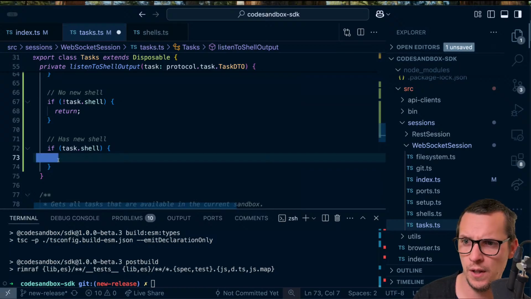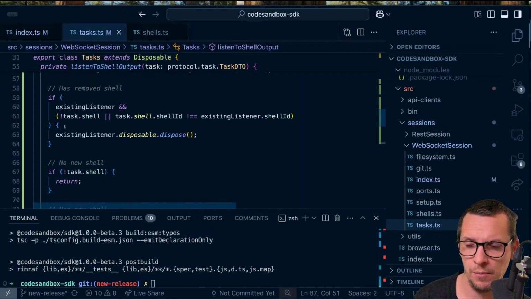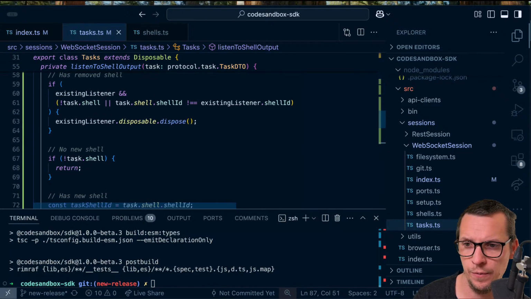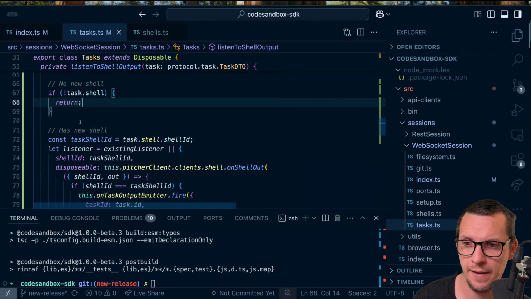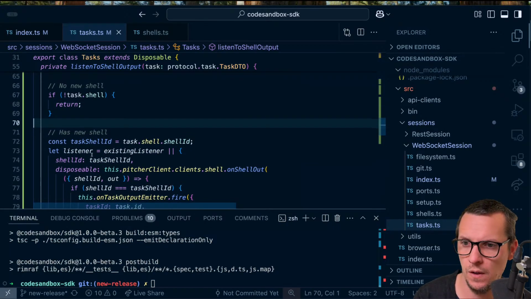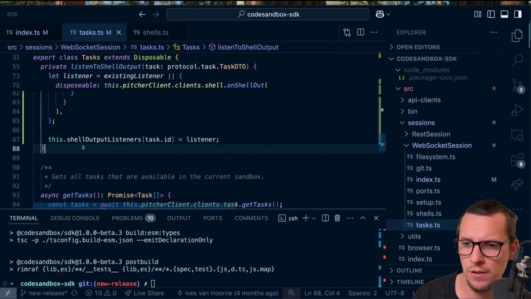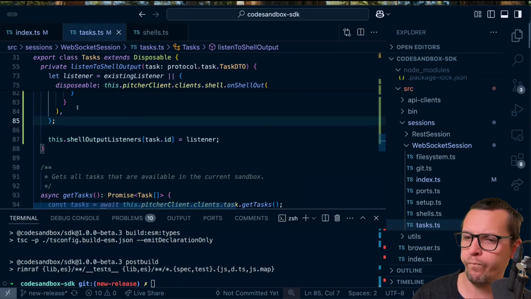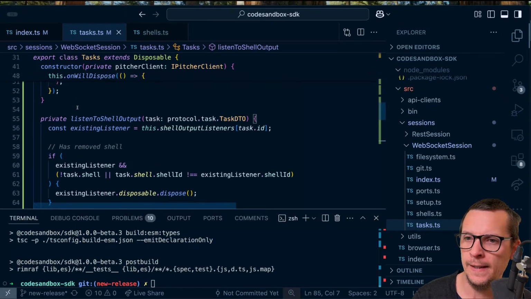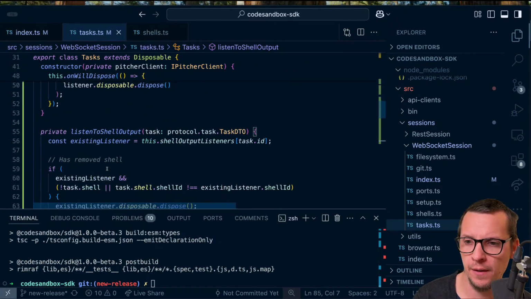So I often do this when I write. I try to make my code as least nested as possible. So often I have these return checks just to avoid having that overhead of the if statement. Okay, so here we have the listener. Everything should be good. And so now we can just generally listen to, there's just one thing. We might already have